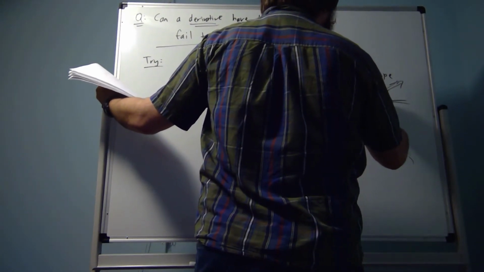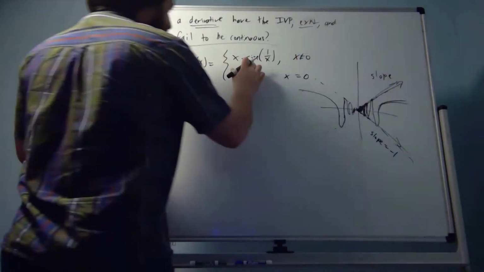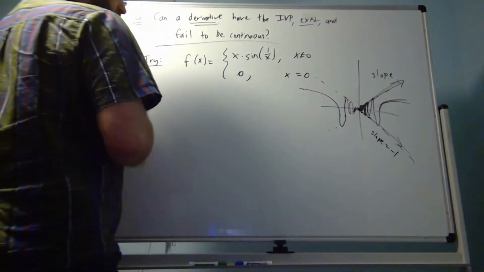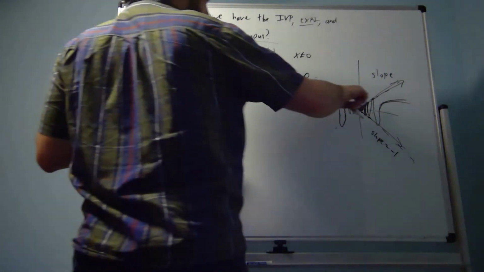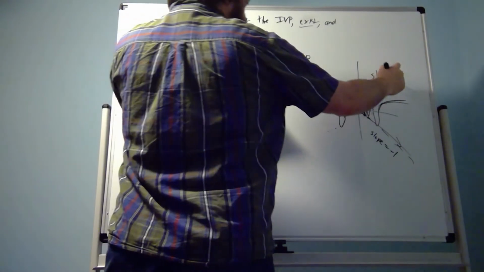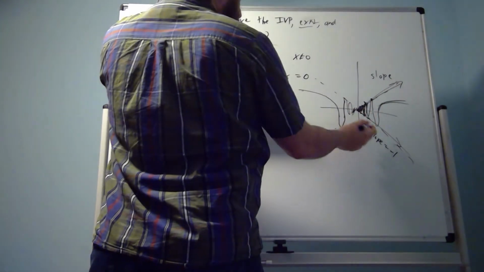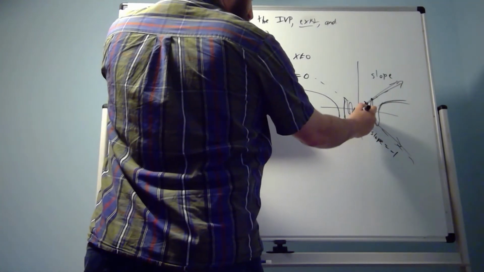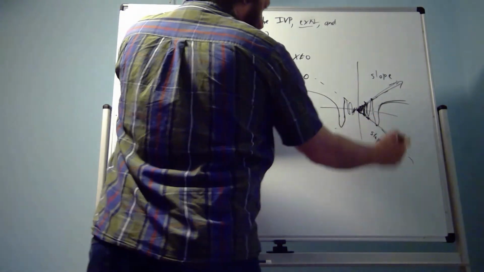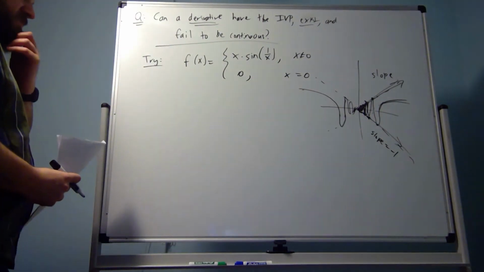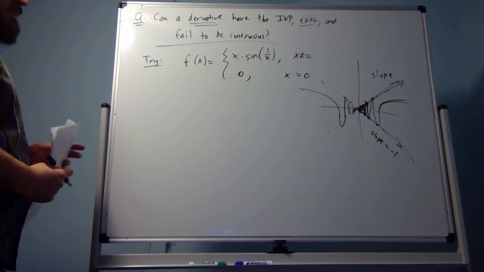So that sequence that we started with at the very beginning, when sine of 1 over x is 1, x times sine of 1 over x is on this line at these sample points. And then when sine of 1 over x is -1, we end up on this bottom line where the slopes of those secant lines